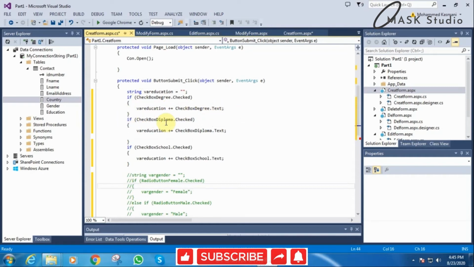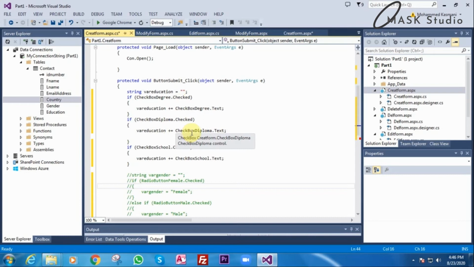If checkbox diploma dot checked, var education plus is equal to. Remember, I am giving plus is equal to. Why? Because if by any chance a person clicks the checkbox degree and checkbox diploma, I want it to accept both degree and diploma and add them in the record. If he clicks all three, it should accept degree, diploma and school in the table.